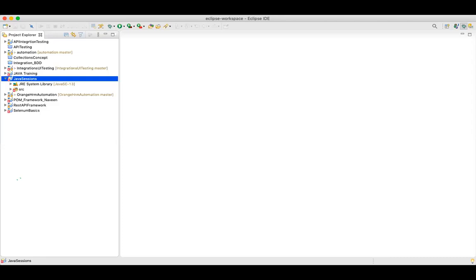Whenever we create a list, we say list dot add and then we add something. That is an element. But in the hashing concept, for each and every element we specify a key. In hash set we are not saving key value pairs. We are saving that in hash map. Hash set also uses the concept of hashing, but while adding, we are only adding the element and we are not adding the key.